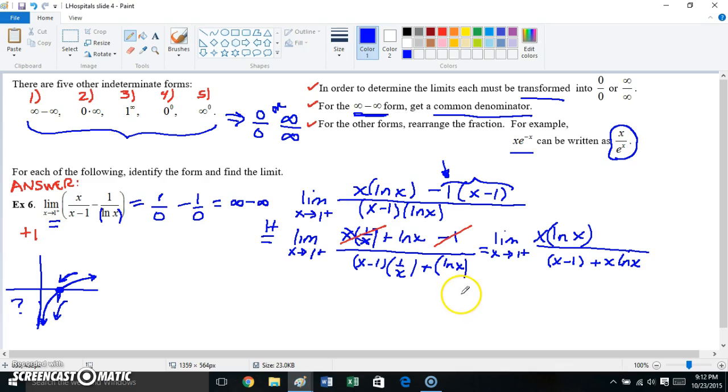Okay, let's check. As x approaches 1, we're going to get 1 times 0 over 0 plus 0. So we're still at 0 over 0. So let's apply L'Hopital's again. Okay, x times 1 over x is going to be 1 plus the natural log of x. That's the product rule on the numerator. Derivative here